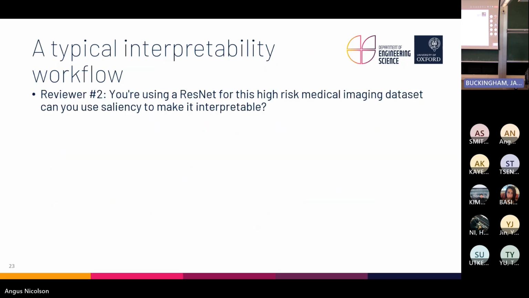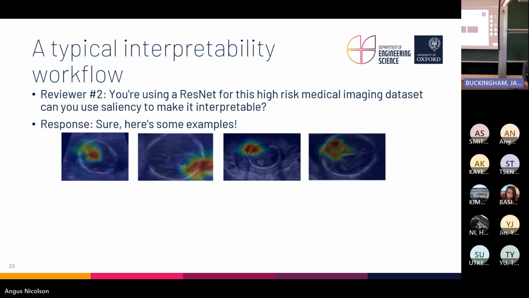All right, and this is me being a bit mean about some of the research space. You've written a paper in medical imaging, and you've used some cool ResNet to do some cool classification task, and the reviewer has gone, hey, why haven't you done anything interpretable? You should be interpretable. This is a high-risk problem. Patients' lives are at risk. And so you go, oh, great, okay. Look, I've been interpretable now. Thanks, accept my paper.